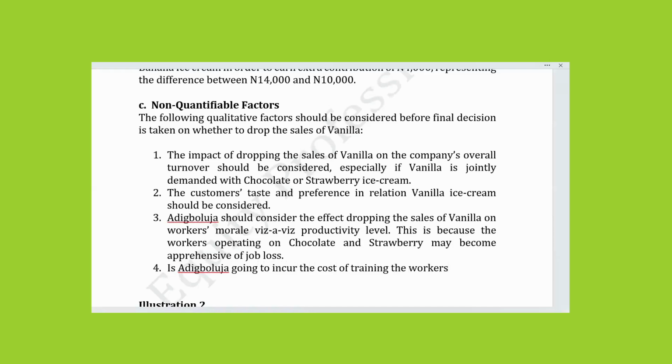Is Adigboluja going to incur the cost of training or retraining? Let me put it this way, training or retraining the workers